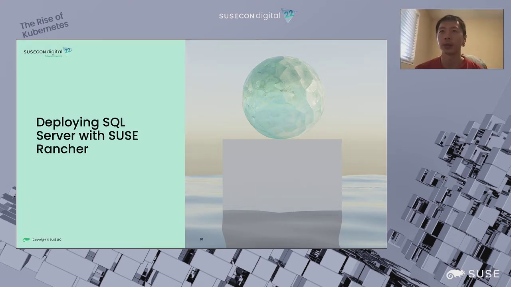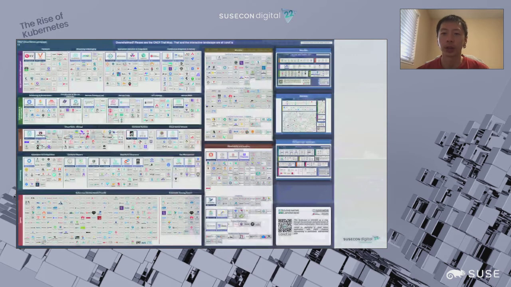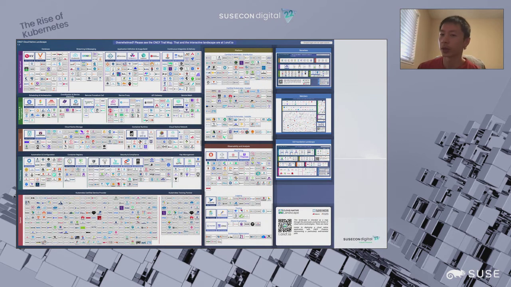Okay, of course. So we get to talk about deploying SQL Server with SUSE Rancher now. Before that, I just want to do a quick intro to Rancher. And to start that off, I kind of want to show this. So, do you recognize this diagram? This is from the CNCF. There are something like 1,000 boxes on this page, and this is the landscape of the cloud native landscape right now. And this landscape is actually getting more complicated each year as more funding gets added to this space.